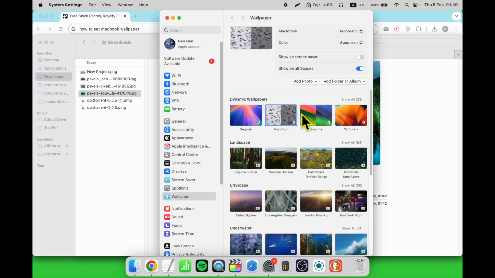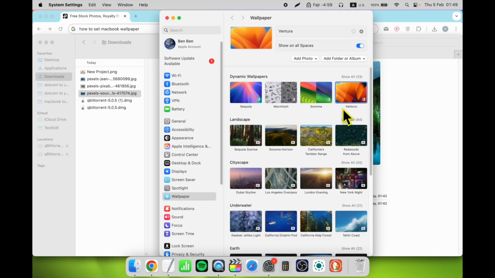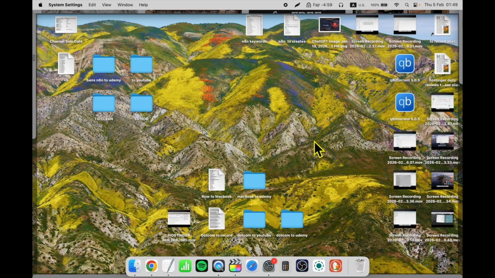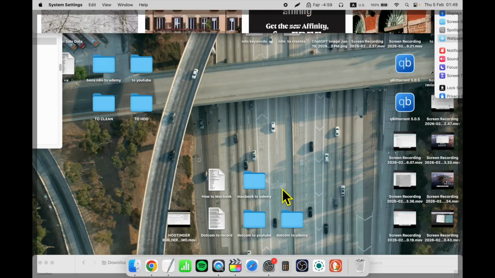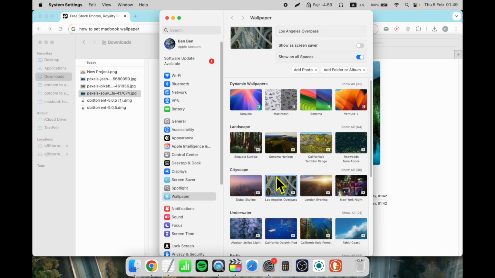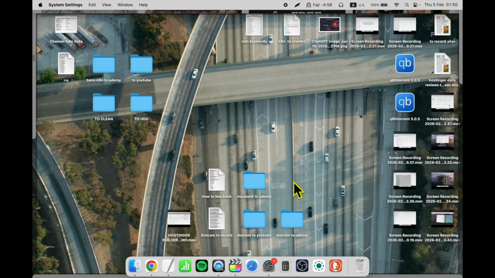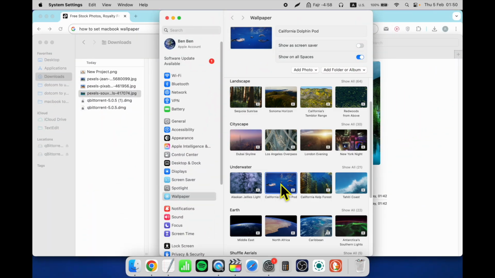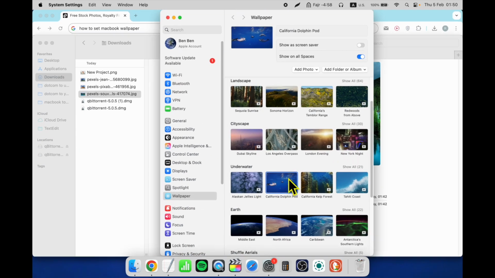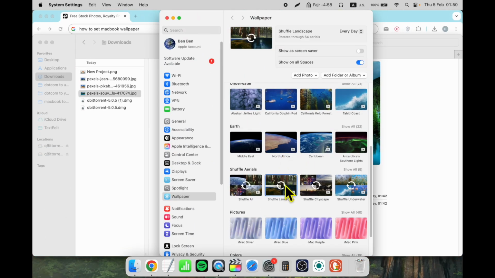Here you can either select between the default wallpapers, for example those images. You can go with even, I think this is a video wallpaper. No, it is not a video. I think yes, I still remember that this is a video. This is an ocean photo. This is North Africa. This one or this